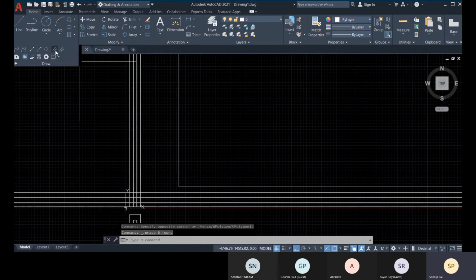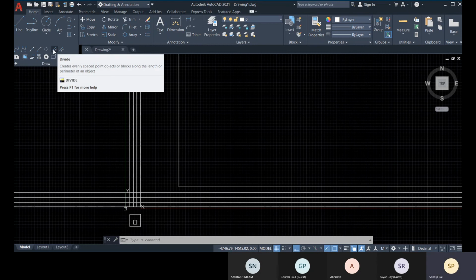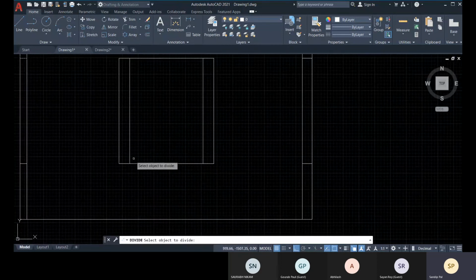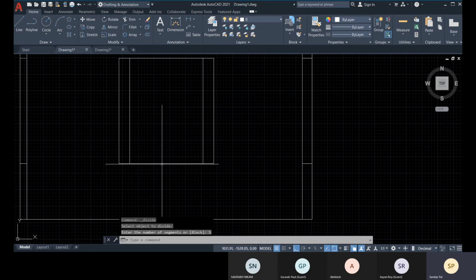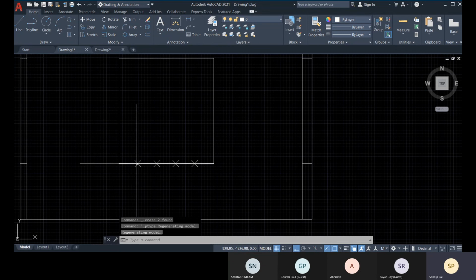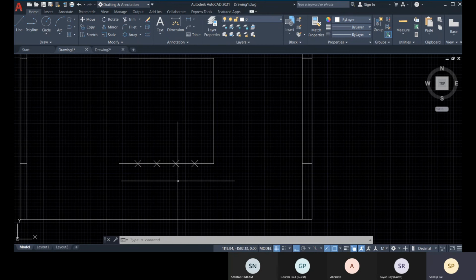And next is divide, and the next one is measure. So divide is equally dividing. Suppose I need to divide this line into 5 equal segments. Okay, so I will give the number 5 and enter. See, you are getting some dots over there. All right, let me delete. And if I change the point style so that you can easily visualize, from the last end to this point is one segment, and this way you got 5 equal segments. Okay,